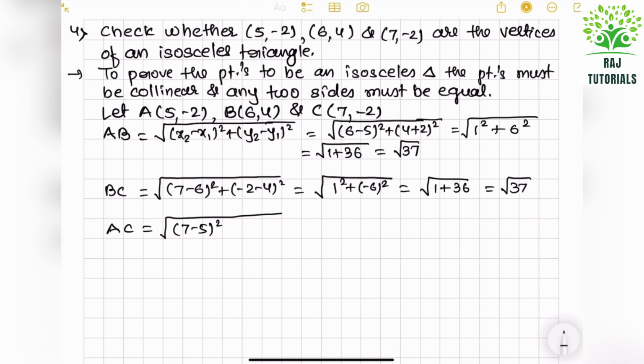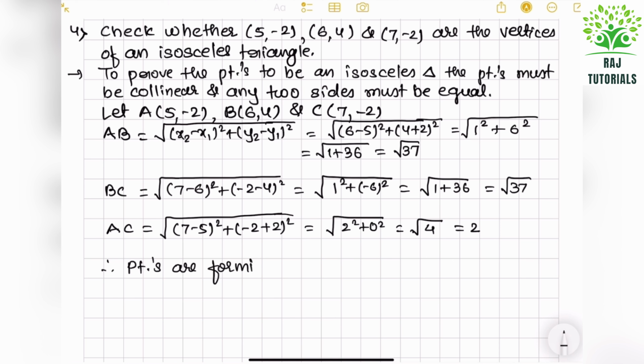So AC will be 7 minus 5 whole square plus -2 minus of minus 2, so plus 2 whole square. So that will be 2 square plus 0 square. So that is 4, so that is coming as 2. Therefore, the points are forming an isosceles triangle